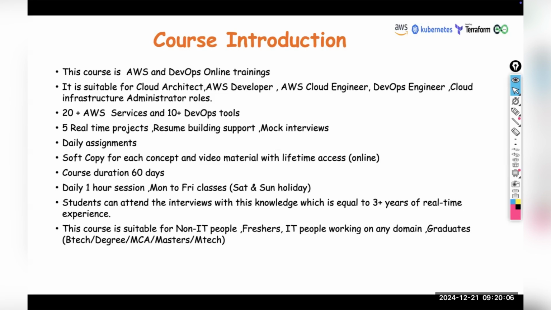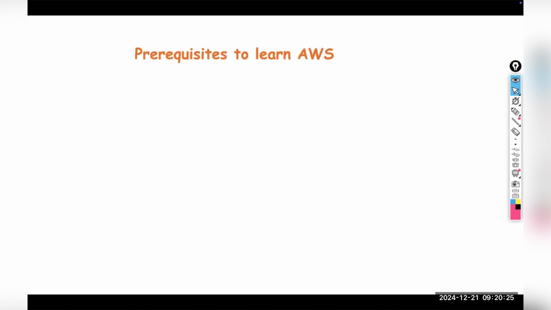The reason is AWS doesn't need any prerequisites like a programming language, C, C++, Java, C Sharp, Python. So you need not have knowledge on any of the programming side. Anyone can learn AWS and DevOps directly. No coding is required. You just need to have basic knowledge of computers,